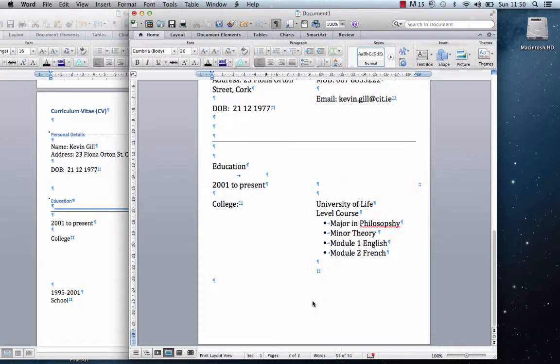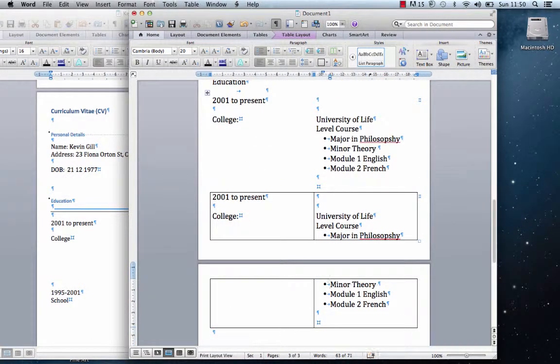come down here. I can copy and then paste it in. So what I can do now is say I'm going back in time. So this is my school. Where did I go to school? Change this. So 99 to 2001. So